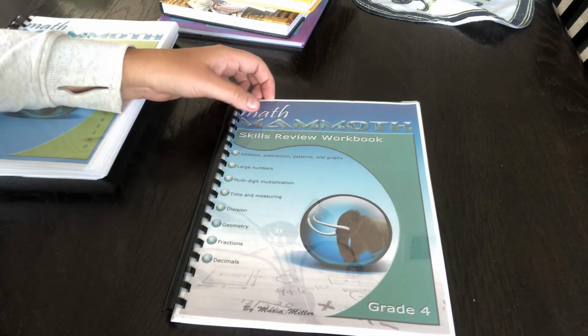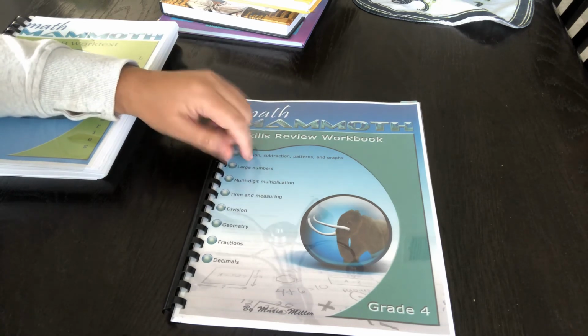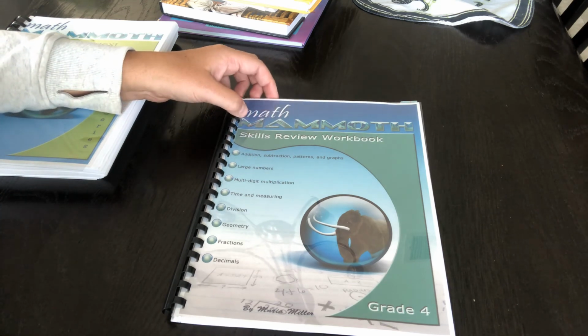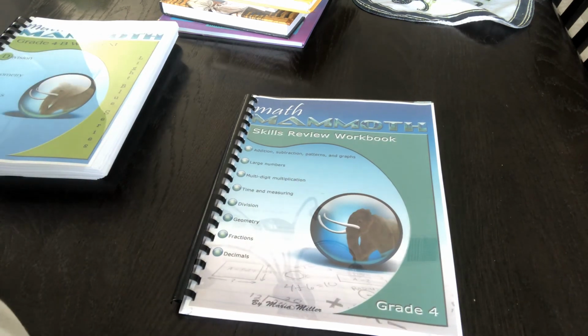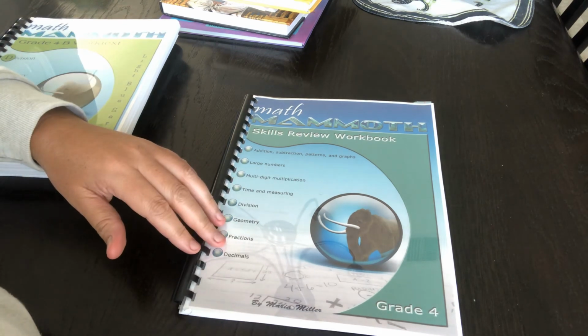For kids that are going to be homeschooling only for a short period of time, maybe a year, and then going back into public school, this is a really excellent option because this program does include Common Core Math, which I know is kind of a hot button issue, but when you understand what it is, it's actually kind of cool. Before I understood what Common Core Math was, I was really kind of anti. I was like, why did they mess math up? There was nothing wrong with it. But now I see where they're going with it, and it is good. But this program actually exceeds Common Core standards